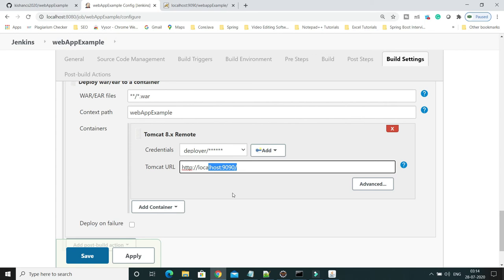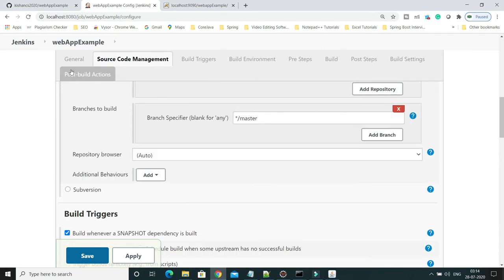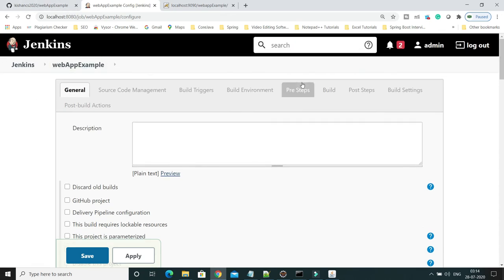These are the details you have to specify, right? And before starting the build operation, make sure that your Tomcat is up and running. Then only Jenkins will interact with the Tomcat